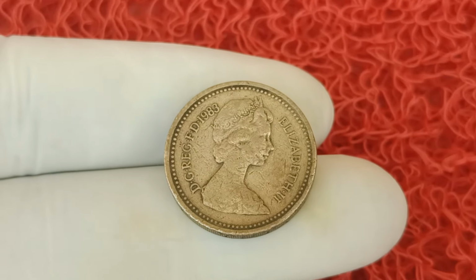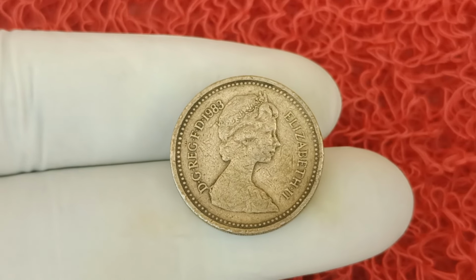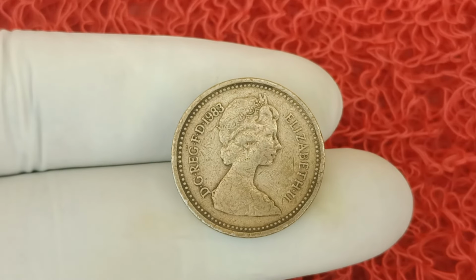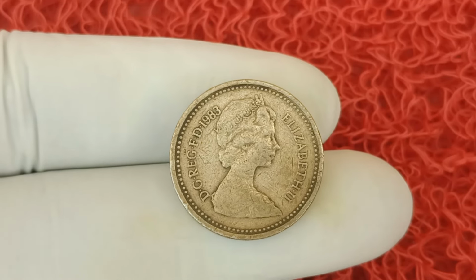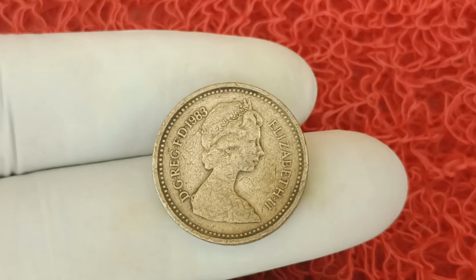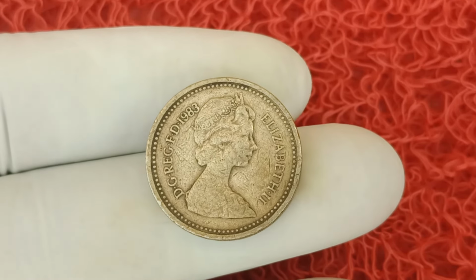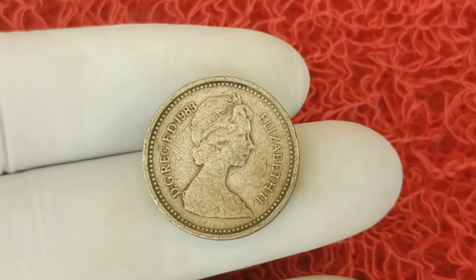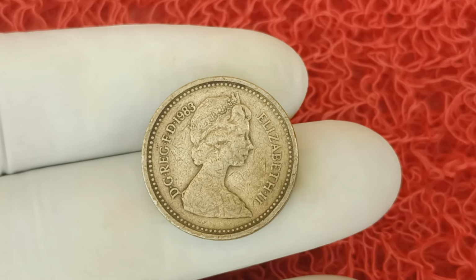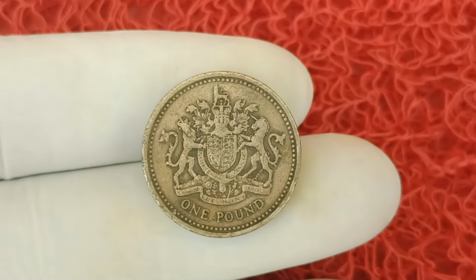For many UK residents and coin collectors worldwide, the introduction of the £1 coin in 1983 was a significant event. It was a modern coin for a modern time, and yet today, with the transition to the 12-sided £1 coin in 2017, the round pound has become a relic of a past era, no longer accepted in circulation, but increasingly valued in collector circles. As fewer and fewer high-quality specimens remain outside of private collections, demand continues to grow, and